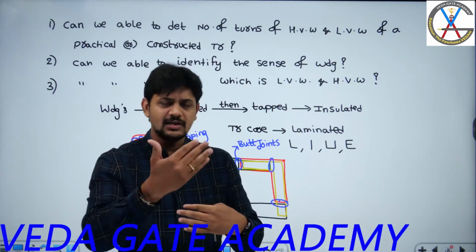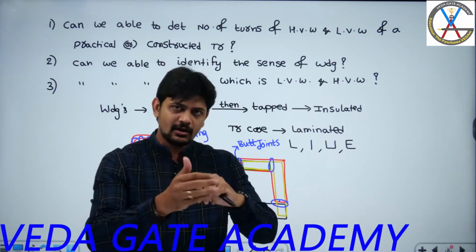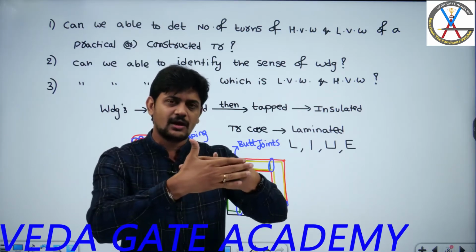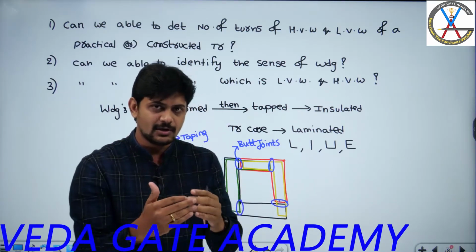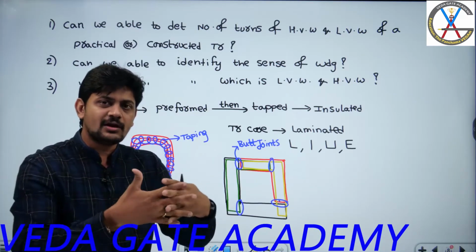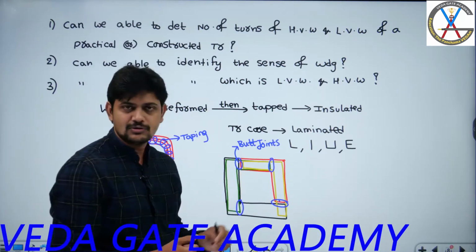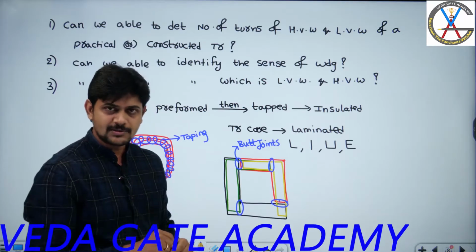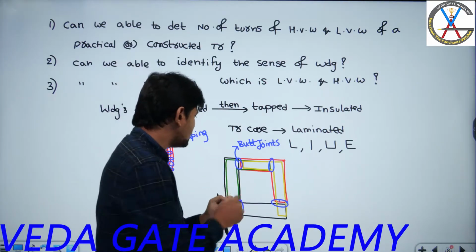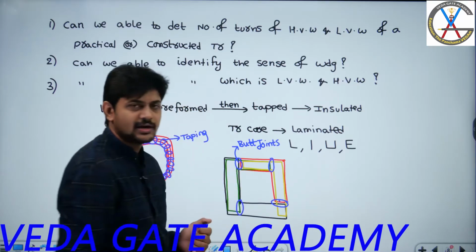What will happen? We will see later. What will happen if I am not tightly riveting? So I will give one statement. What will happen if these laminations are not tightly bunched? So the purpose of boot joints is, in order to tightly rivet these laminations, we are going to use boot joints. Not only that purpose, the other purpose of boot joints is in order to reduce the overall reluctance for the flow of flux.